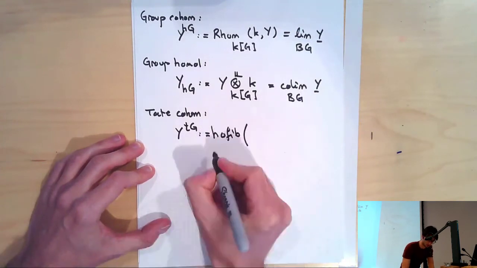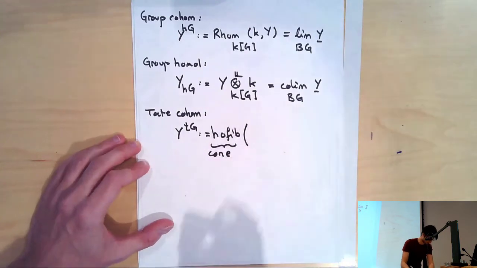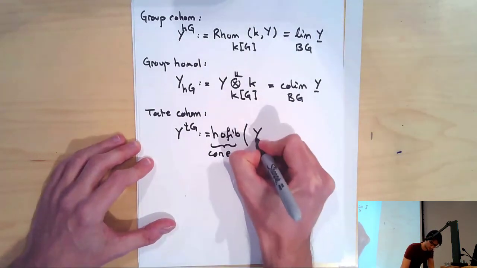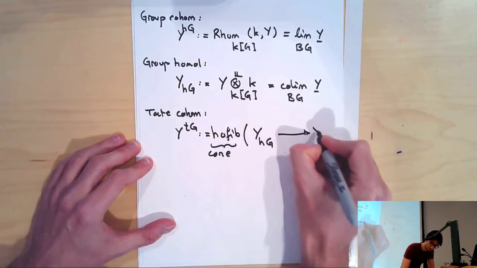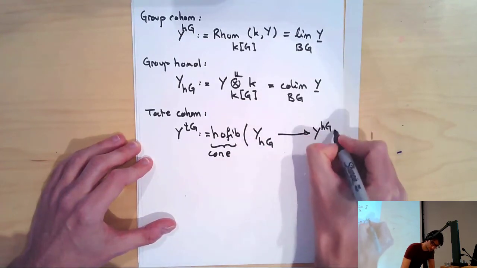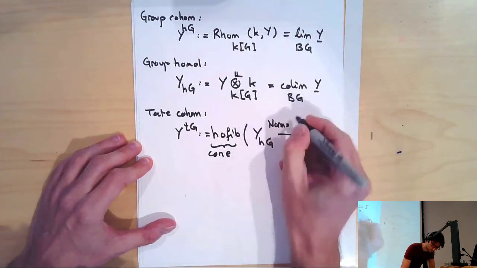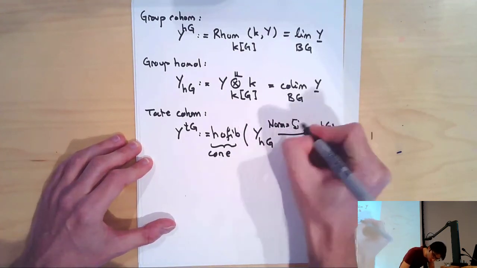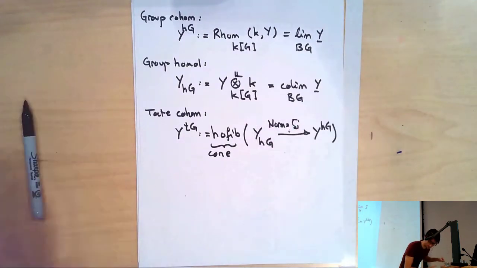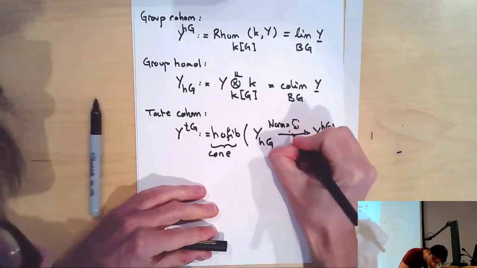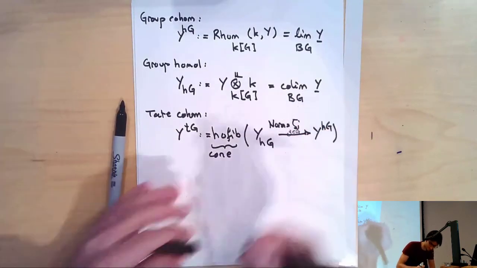as follows. So I take the homotopy fiber, or that is to say, simply the cone of the map from the homology to the cohomology given by the norm. So in here I need to get really little. That's a G. I think I can't do this. I'm going to change pen and see what happens. I think that is G in G